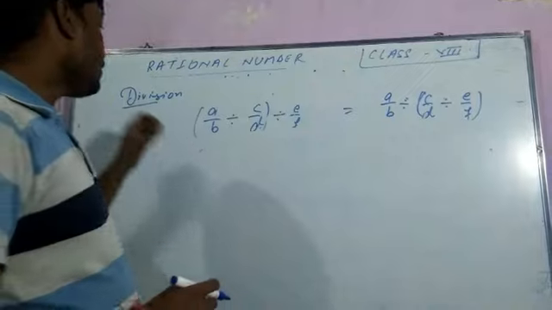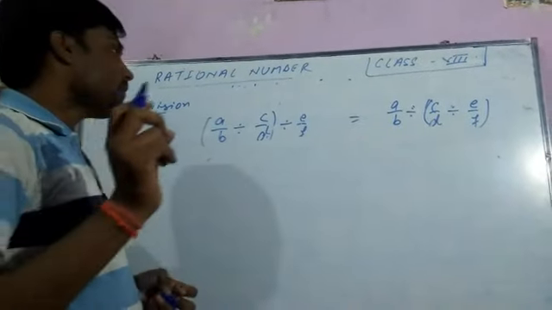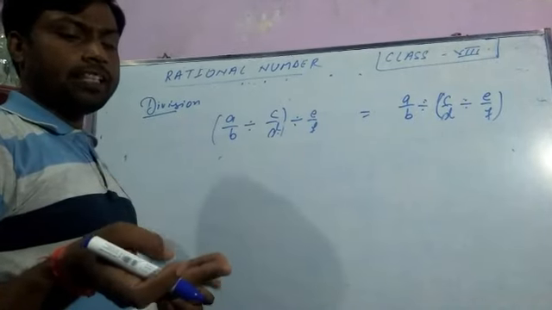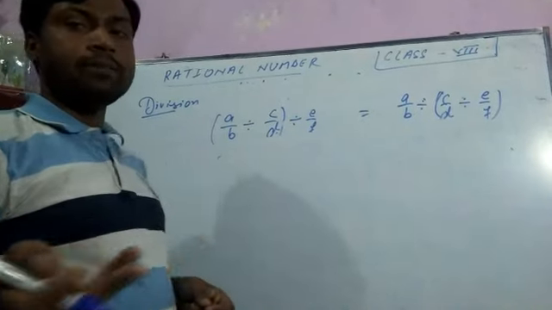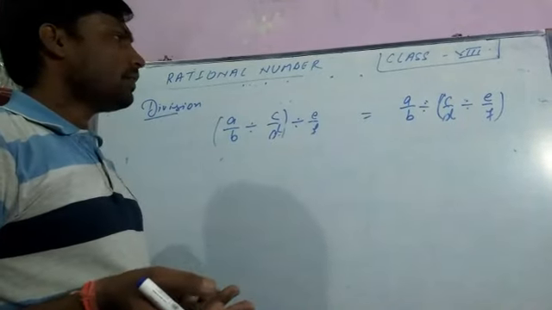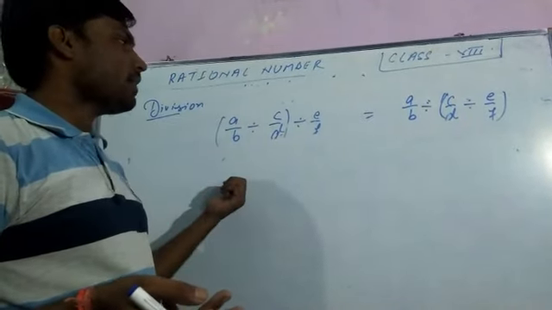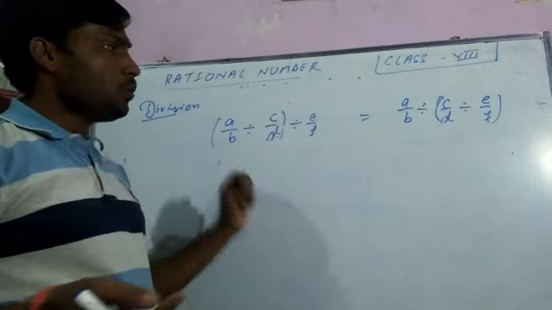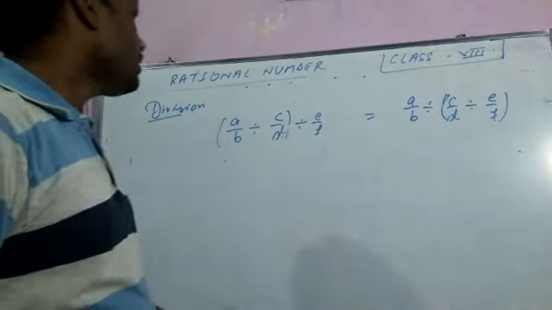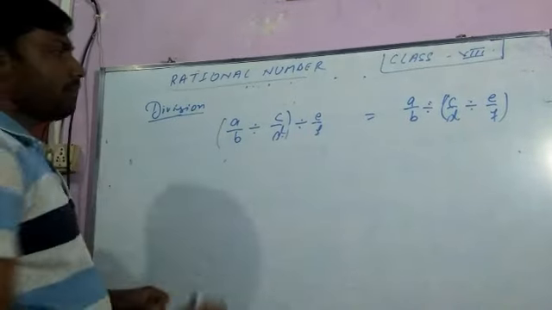Hello students, again we have learned about addition, multiplication and subtraction. The associative law works on addition and does not work on subtraction, and also works on multiplication, and we will learn whether the law works on division or not.